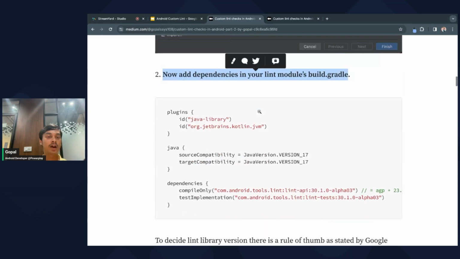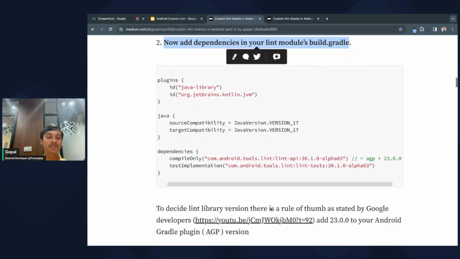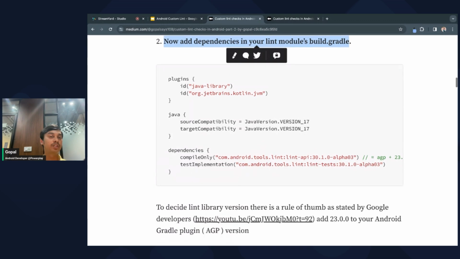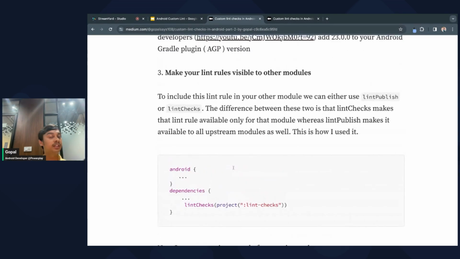Okay, after that we need to add these dependencies. There is a thumb rule that we have seen from the Google developers: whatever your AGP, Android Gradle plugin, version is, just add 23.0.0 to that version, and set that as your lint version. Okay, now after adding these dependencies in Gradle, let's see how we can enable the lint check for our